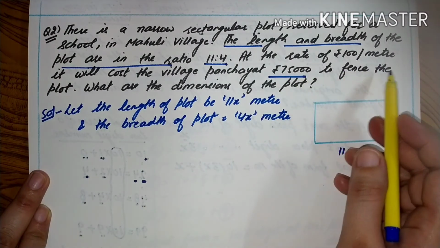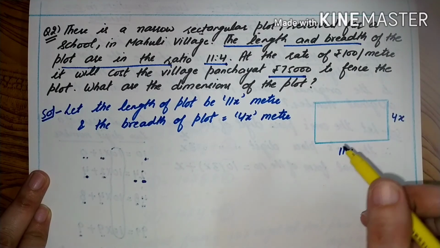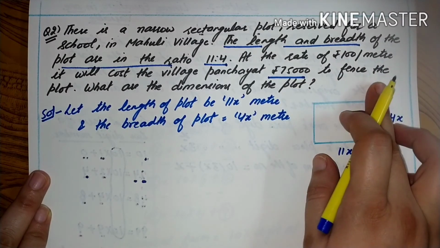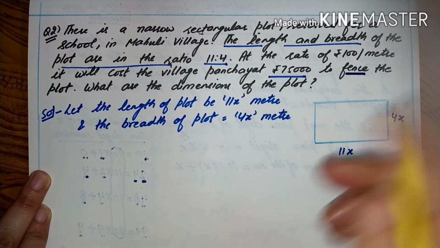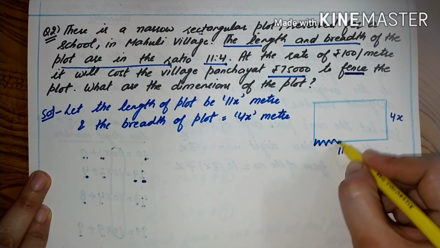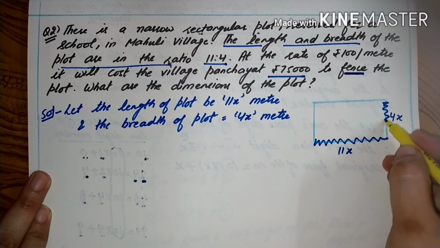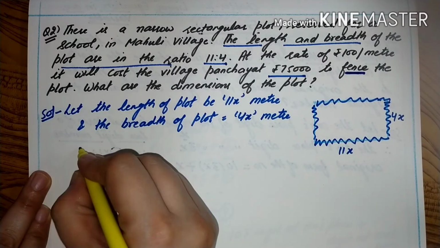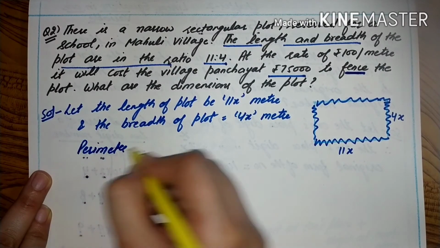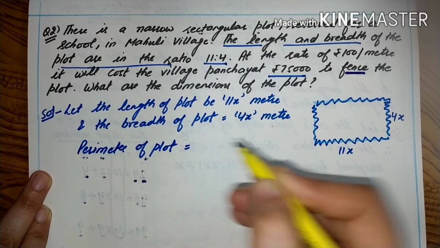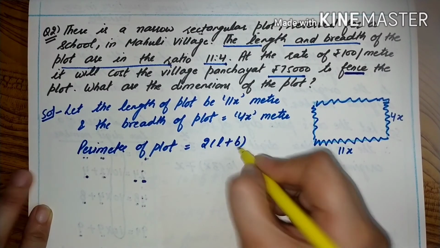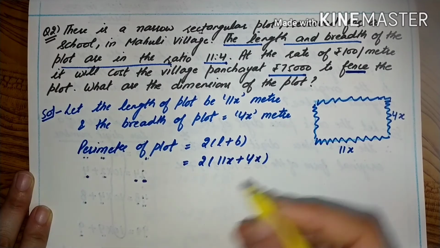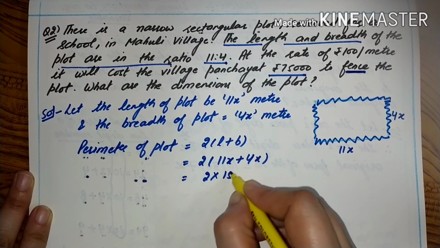At the rate of ₹100 per meter. The per meter cost is given to you, ₹100, and the total cost is 75,000. And what do we need to do? We need to fence it. For fencing, means for the outer boundary, we require the perimeter of the field. So firstly, we need to find the perimeter. So let us find the perimeter of the plot. That is equal to 2 into L plus B. So it is 2 into 11x plus 4x, that is 2 into 15x,